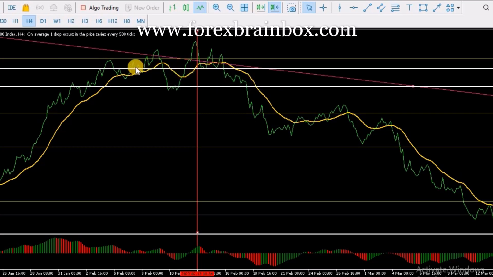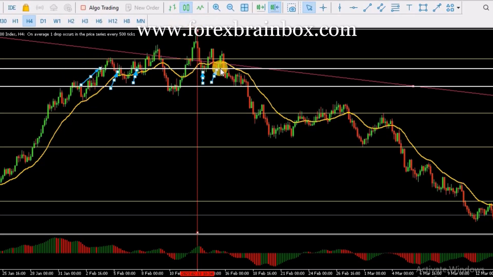You can see all these zones. Are you seeing all this? These are multiple touches. These are what they call confluence zones, not consolidation. Put it on the candlestick, so you can see when there was a breakout and there was a retest